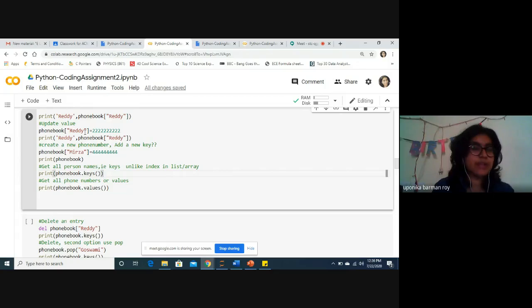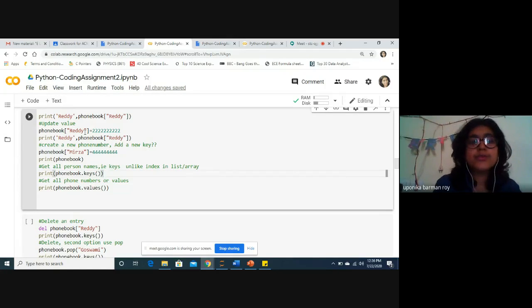This is very important. We are changing the value of that particular key. Whenever we want to access any particular key's value, we always refer to it through the key name. So it is the phone number of Reddy, and we simply give the new number. When we print this, it gives the latest, changed one.